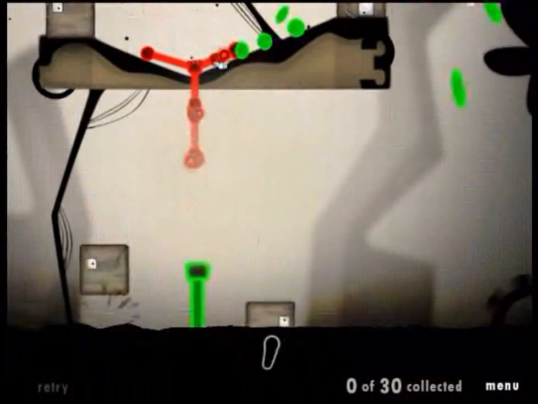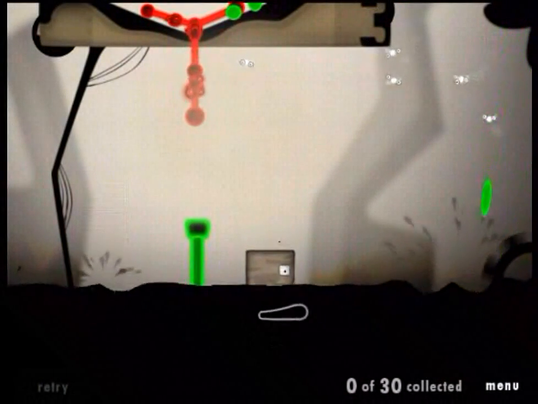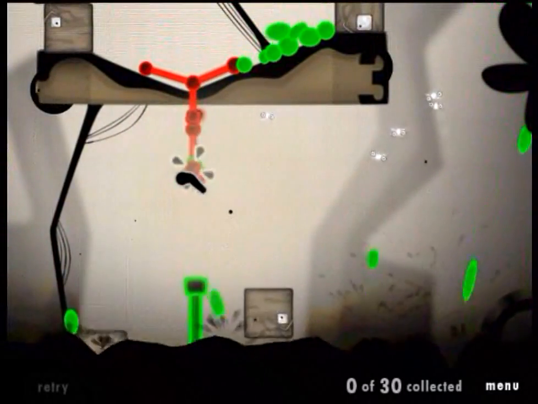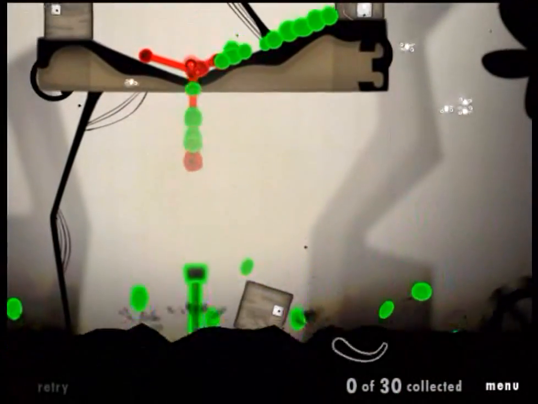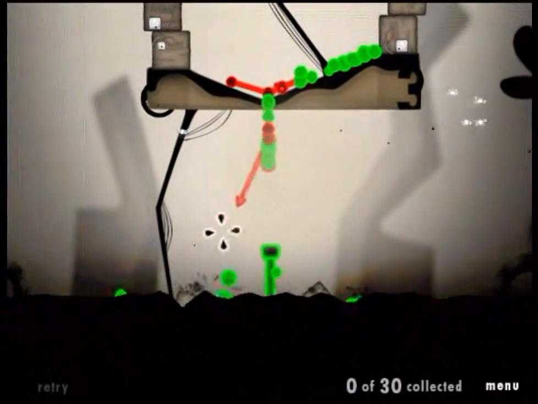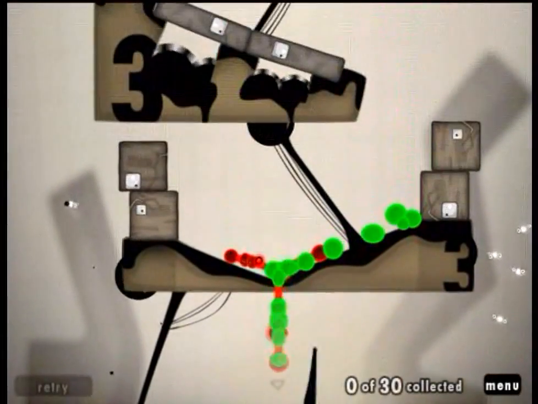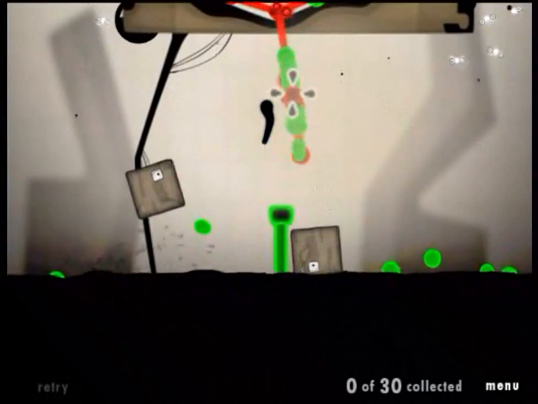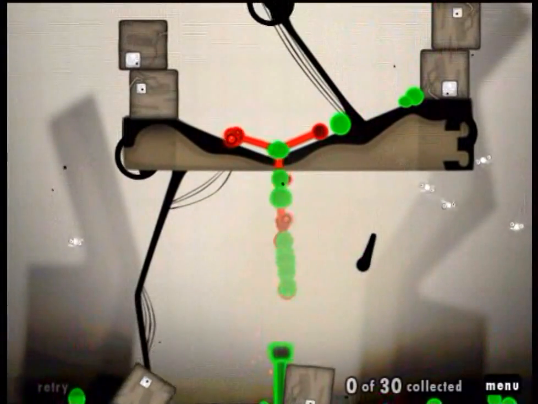So I'm interrupting the entire conversation here. So everything's falling down to this point. Notice the ones that fall down here are dying. So obviously I needed to do something to block those. But what I can do is shoot these red ones straight down, and they bounce up. And I notice that they're bouncing up because these blocks are bouncing up. And so that should allow me to